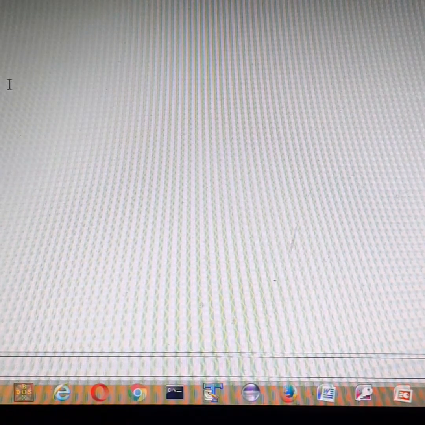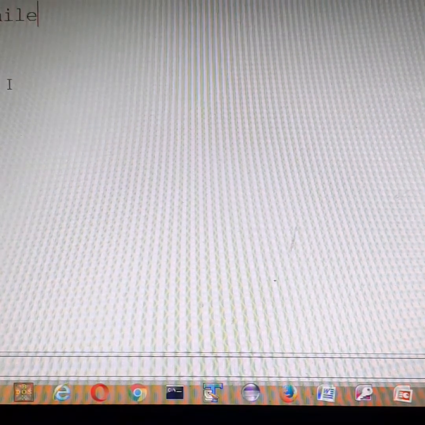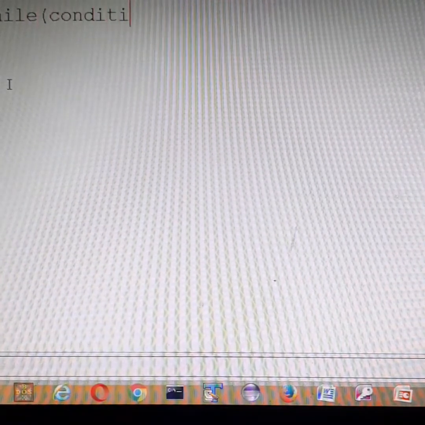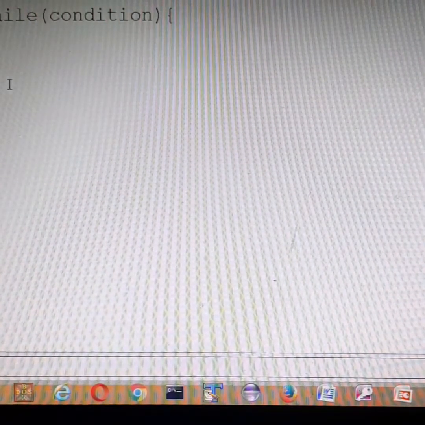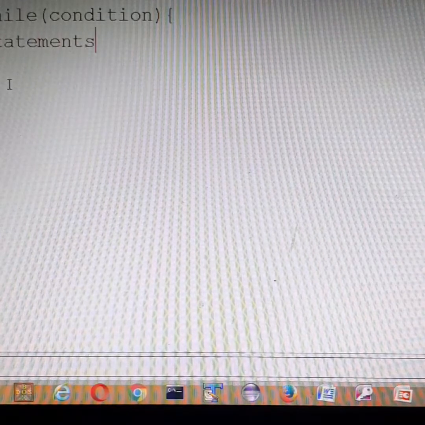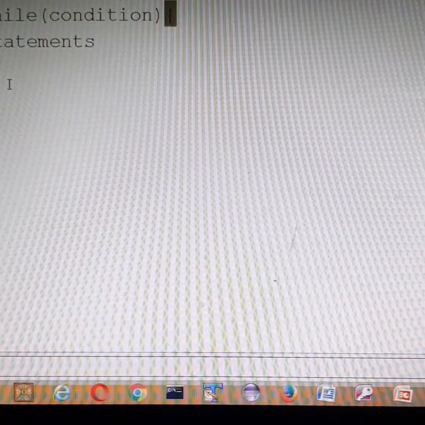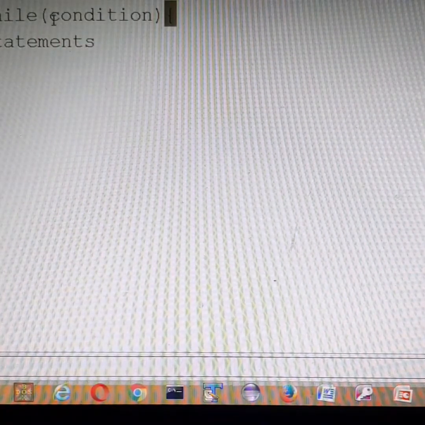There are three types of looping statements: while, do while and for. Right? And presently in this session we are going to learn on while. While is an entry control loop. How? If we look at its syntax, it is while, condition, and then statements, whatever statements are given. So this means if the condition is not true, it will not allow you to enter inside.